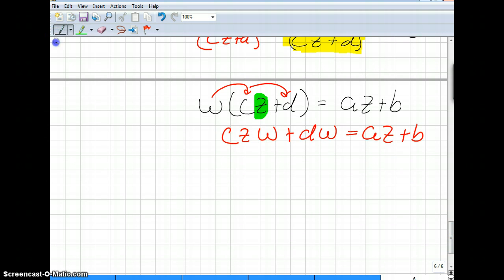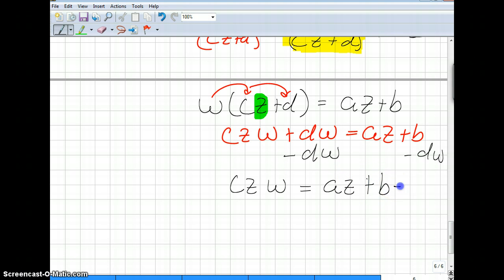Again, keeping in mind that I'm trying to get all my Z's on one side and everything else on the other side. I am going to first subtract DW from both sides. So I get CZW equals AZ